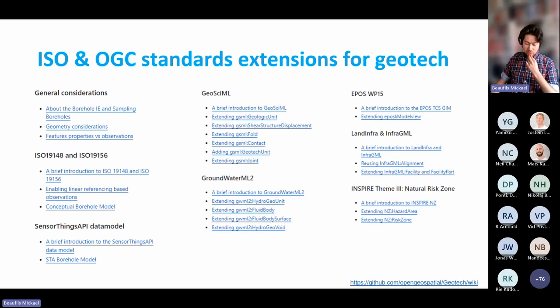As I mentioned before, our idea was also to extend the standards from OGC. As Jonas mentioned, GeoSciML was a base for many things, GroundwaterML 2 also, but still there were things that were missing in order to properly address the topic of geotechnics. For example, the geotech unit that has been identified as relevant for geotech purposes is proposed as a new concept in GeoSciML, and we also figured out how to connect it to the existing objects we have in GeoSciML. Same for GroundwaterML 2, plenty of things were already there but needed some extension.